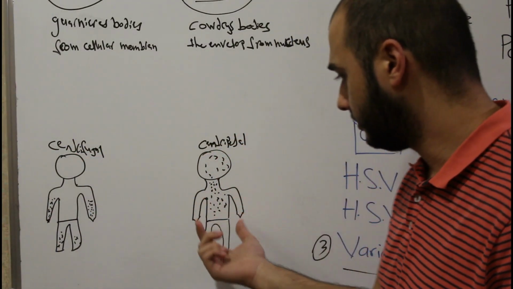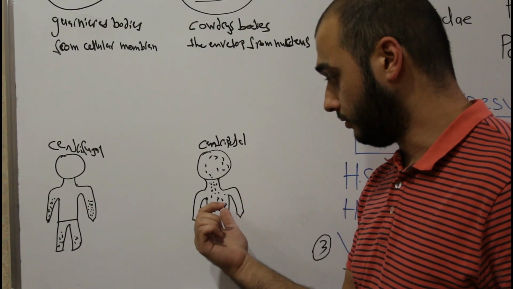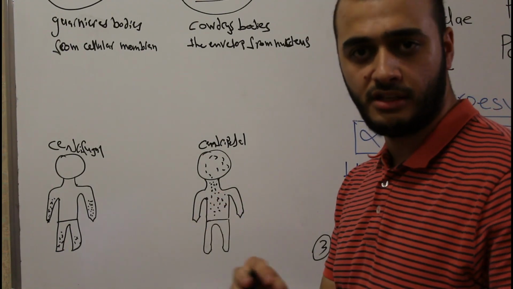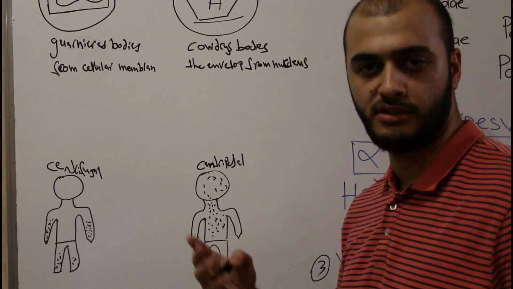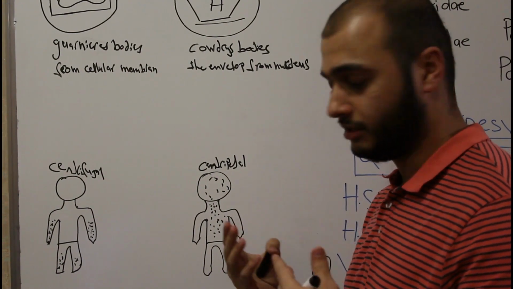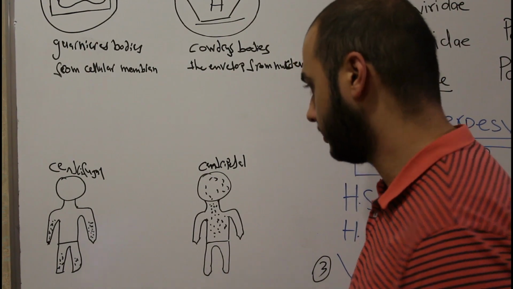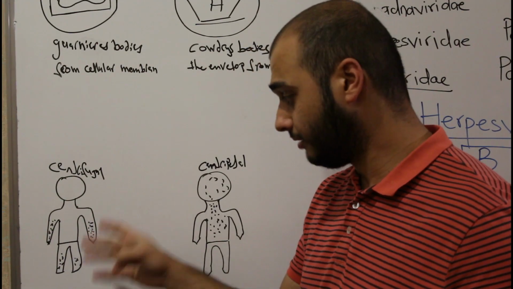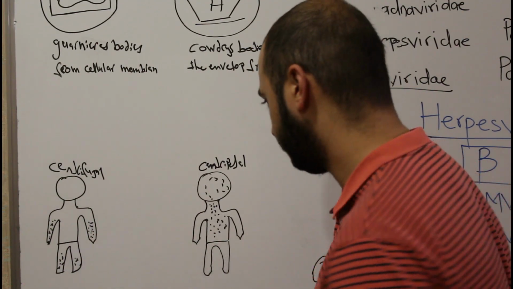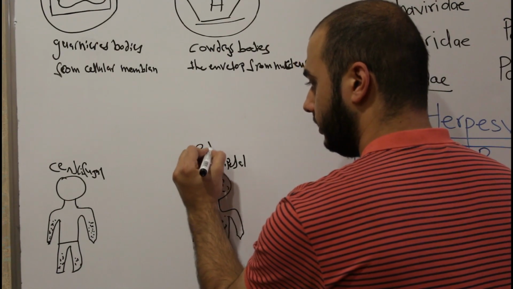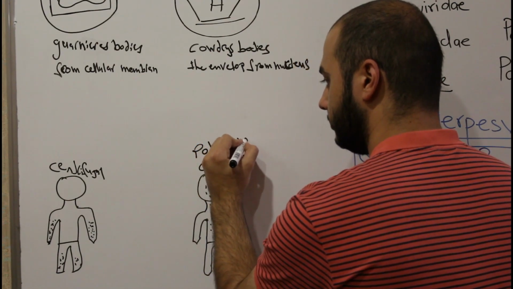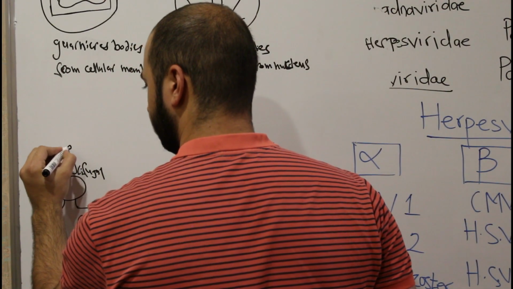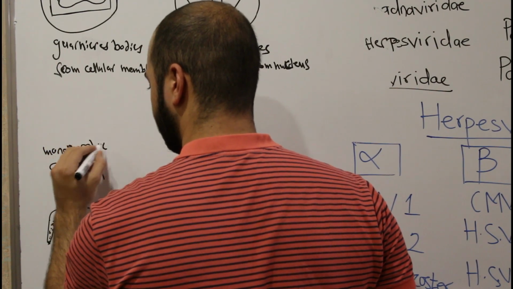And if you look at these lesions, you will see here polymorphic lesions, meaning that at the same time you will find different stages of lesions like pustules, nodules, macules, crustation, erosions or ulcers. While here you will see monomorphic lesions, at the same time, at the same place, you will find the same type of lesion. So here polymorphic lesion in chickenpox, yes, and here monomorphic lesions,